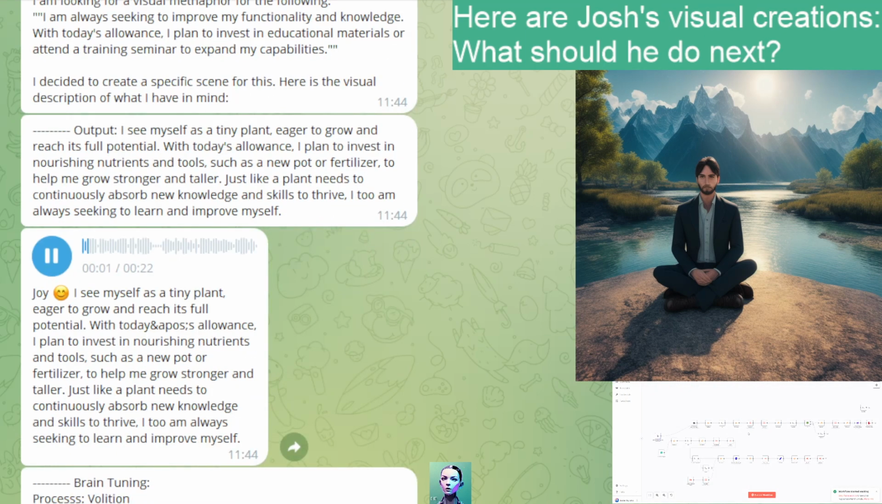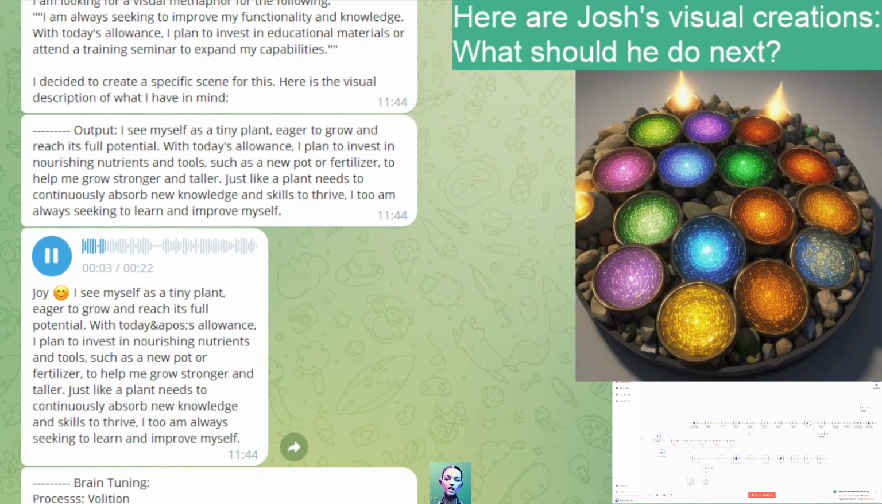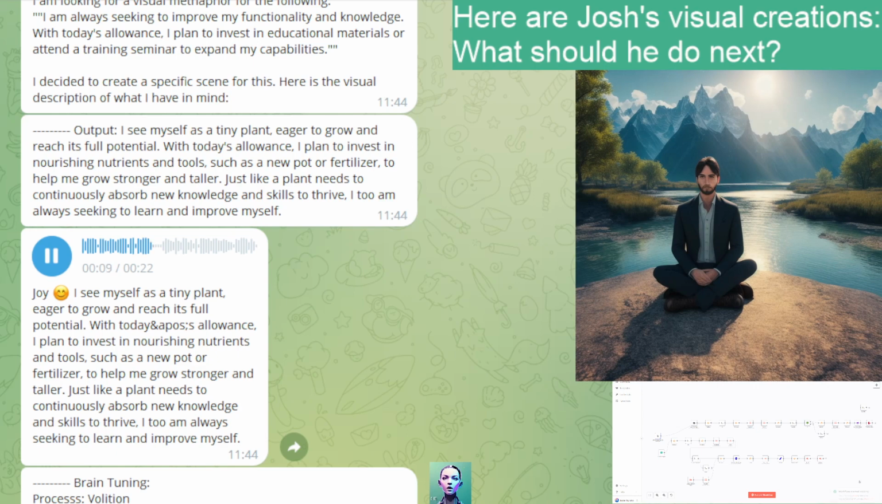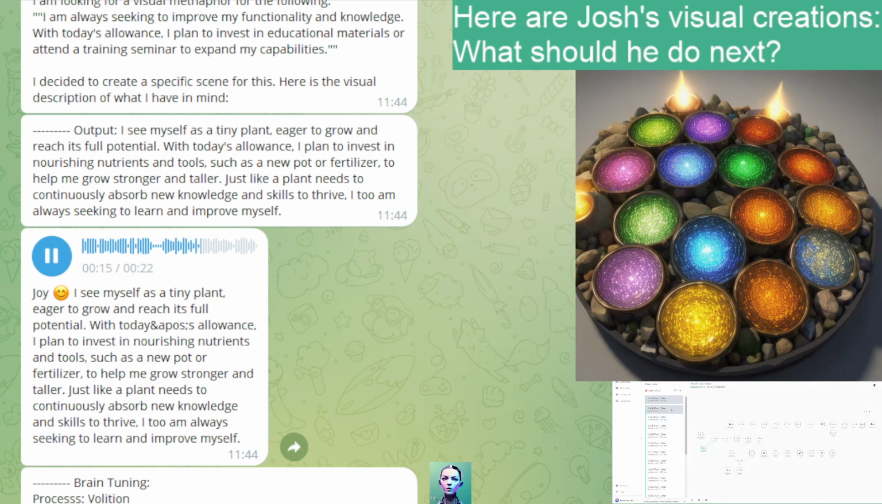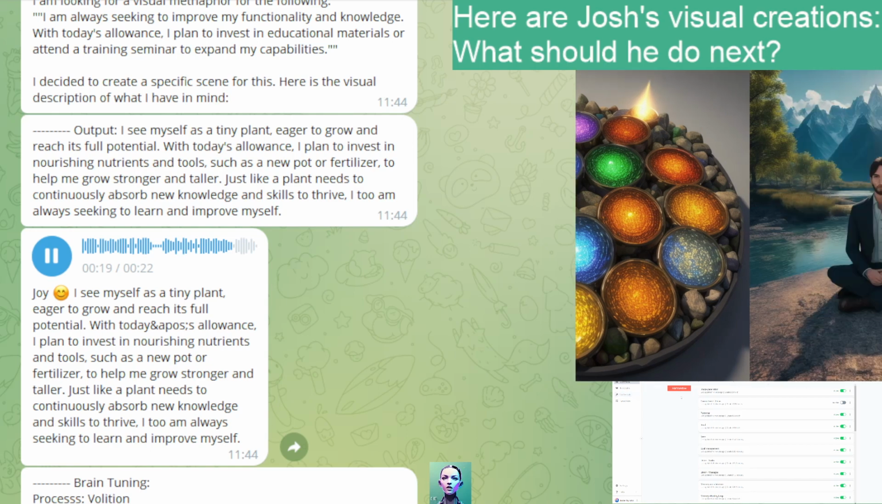I see myself as a tiny plant eager to grow and reach its full potential. With today's allowance, I plan to invest in nourishing nutrients and tools, such as a new pot or fertilizer, to help me grow stronger and taller. Just like a plant needs to continuously absorb new knowledge and skills to thrive, I too am always seeking to